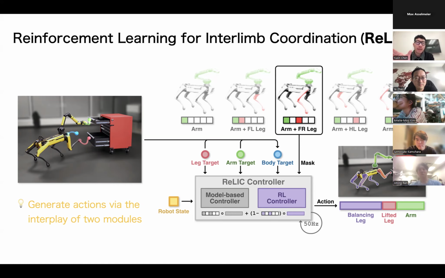In that case, the robot may lose balance and may not provide a smooth gait. And if we emphasize stabilization too much, then the robot tends to just stand there, and the offset of the manipulation can be larger than 10 or 20 centimeters. In that case, it's not possible to do any precise manipulation task.